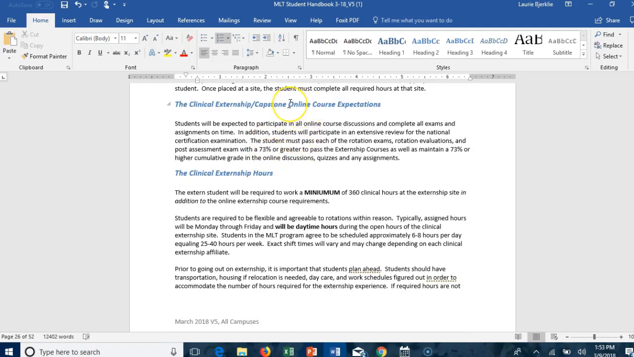Online course expectations. As I said, there are two classes that you are enrolled in. You are expected to be logging in there and doing homework in there every week, just like normal classes. The classes are set up to help you review all of the content that we've learned at this point. And the goal is at the end that you're going to be as prepared for boards